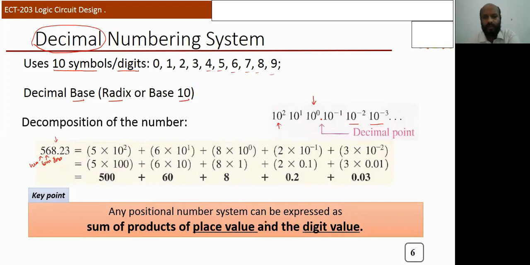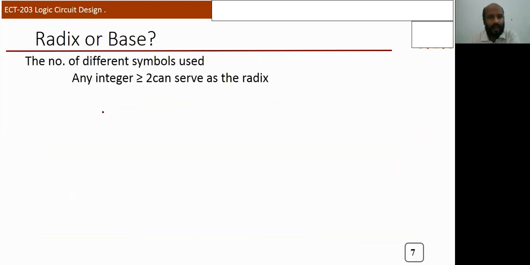So this is a very common concept. If you know this particular concept, you can study any number system, any positional number system. This is a very basic concept of any positional weight number system. In case of decimal number, it's very common and you are comfortable with this. If you know this concept, I can move to the next, radix or base. Okay, from the previous example it is clear.